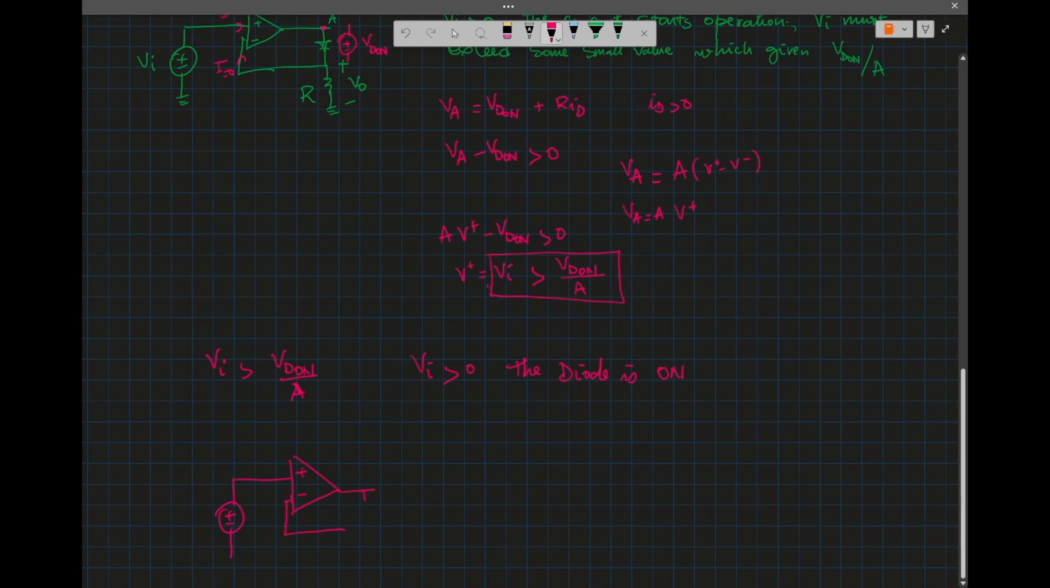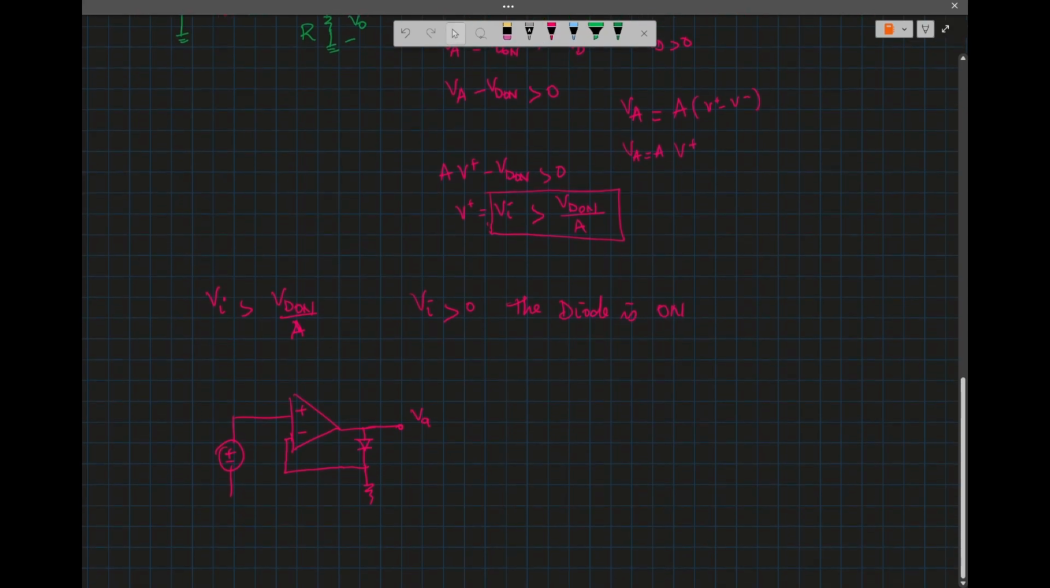This will be the diode. This is VA, and that will be V0, right? The voltage here will be V0, and that's the resistor, and this is the VI. So then V0 will be equal to VI,